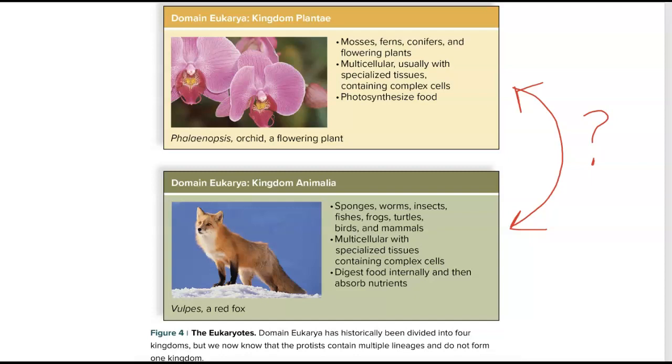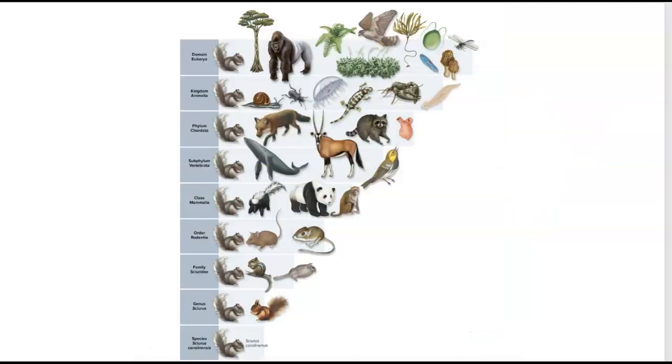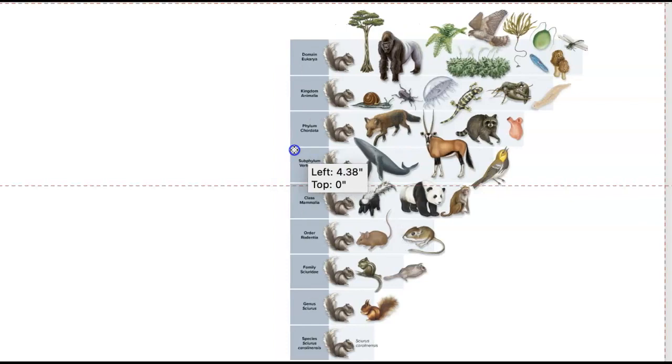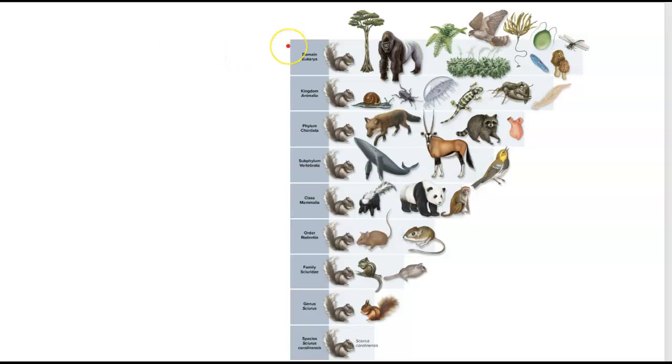So, big picture again, when we're looking at life, we're looking at these different organisms, we try to group them in what they call a nested hierarchy. Let me scoot this over. And as I mentioned before, we start at the domain level, very broad, very general. And then as we march down, keep marching your way down.